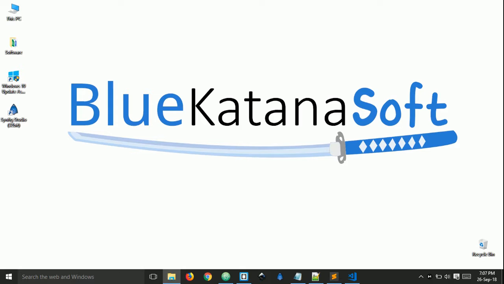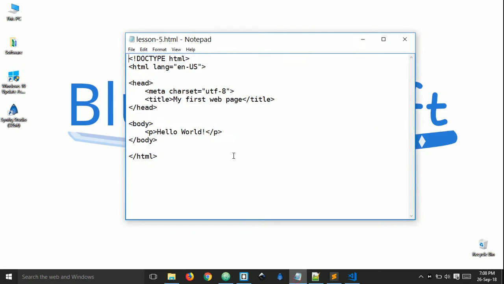There are actually three classes of code editors which we can use to create HTML pages. The first class of editors are those that come pre-installed with your operating system. For example, Windows computers come with Notepad. Since HTML documents are just plain text documents with a different extension, you can create HTML web pages in Notepad.